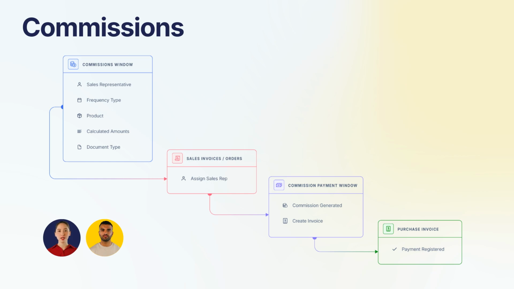Something important is that when creating documents such as sales invoices and orders, it is possible to define the sales representative who will receive the commission. This allows you to filter only the documents associated with the sales representative and make a more granular management. Once the conditions are defined, the commission is generated, which can be seen in the commission payment window, where you can see a line-by-line detail of the calculation made based on the previous settings. Even from this same window, it is also possible to generate the purchase invoice to pay the commission to the sales representative. Interesting. It really seems to cover a lot of ground.